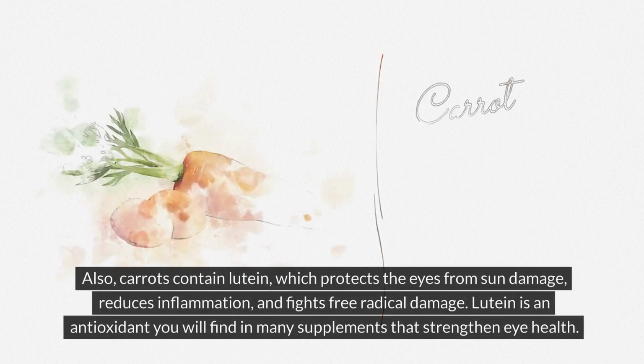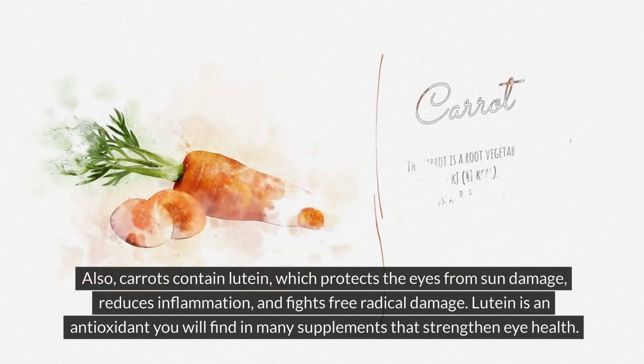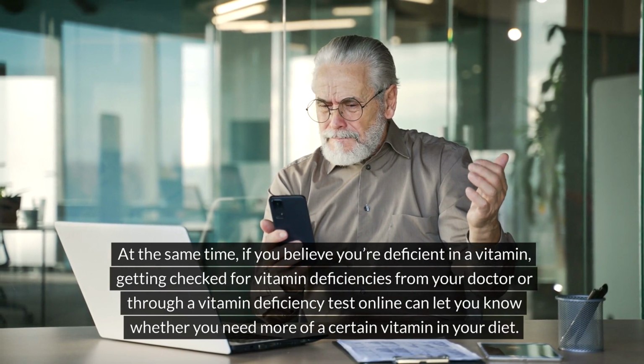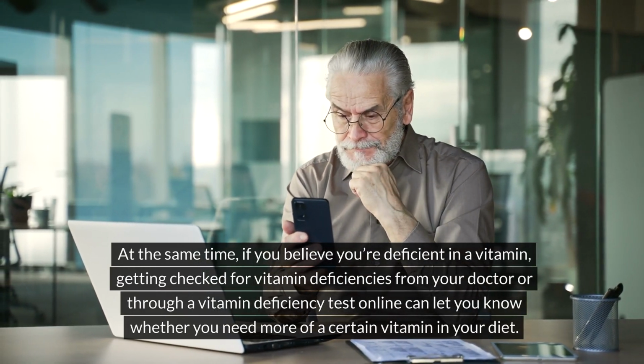Also, carrots contain lutein, which protects the eyes from sun damage, reduces inflammation, and fights free radical damage. Lutein is an antioxidant you will find in many supplements that strengthen eye health. At the same time, if you believe you're deficient in a vitamin, getting checked for vitamin deficiencies from your doctor or through a vitamin deficiency test online can let you know whether you need more of a certain vitamin in